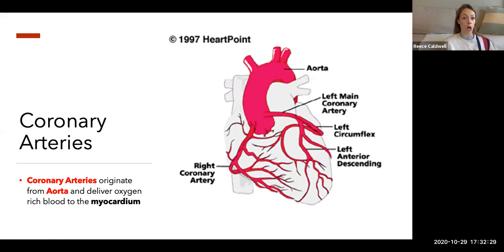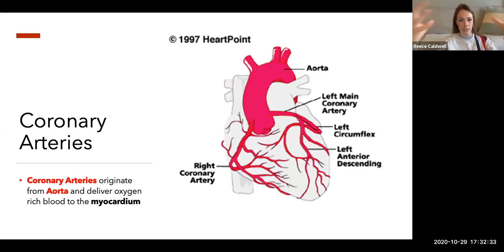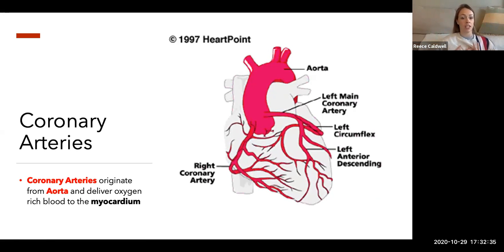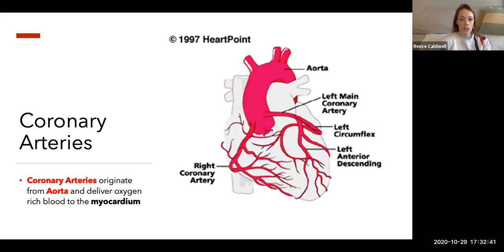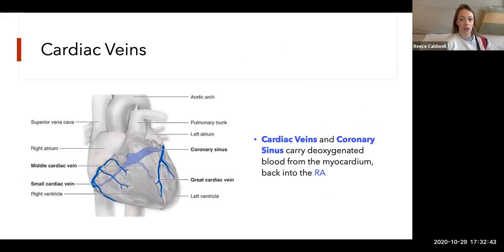So you're used to arteries carrying blood away from the heart, but when we look at the heart muscle itself, the coronary arteries actually carry blood into the heart. So coronary arteries carry blood in, not away. The cardiac veins carry blood from the myocardium back to the heart. So they carry blood